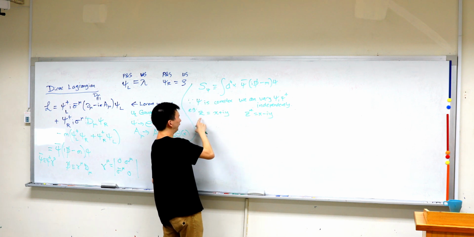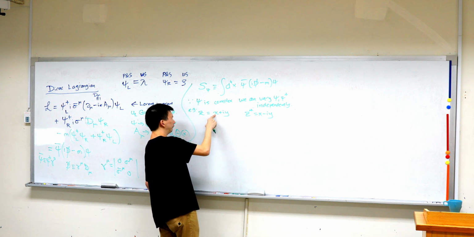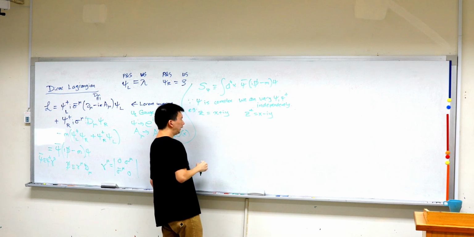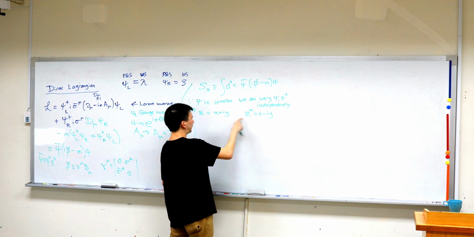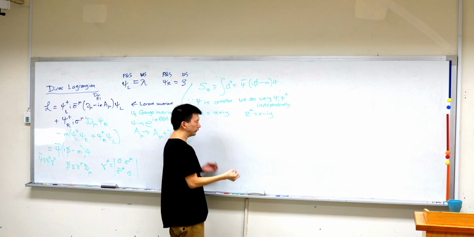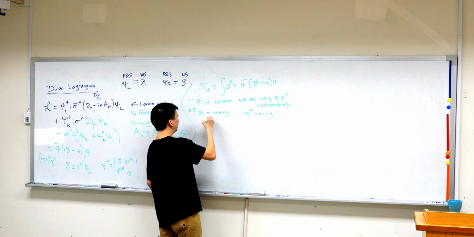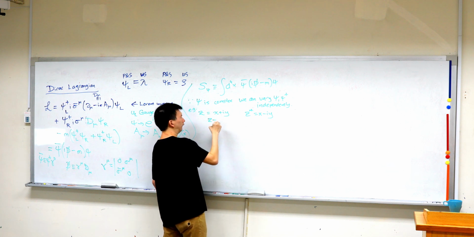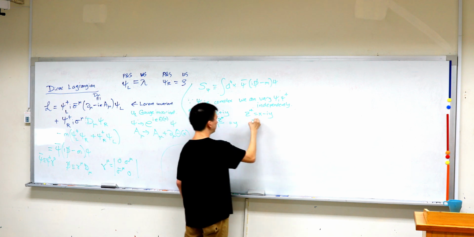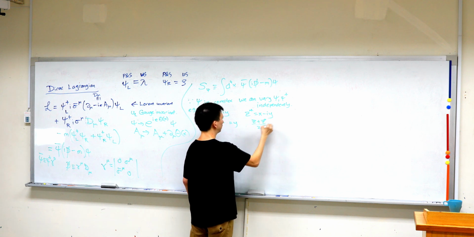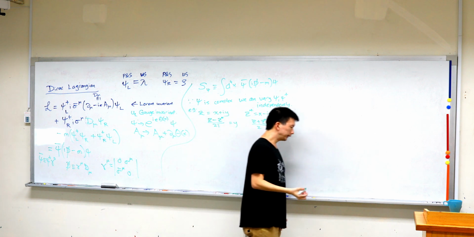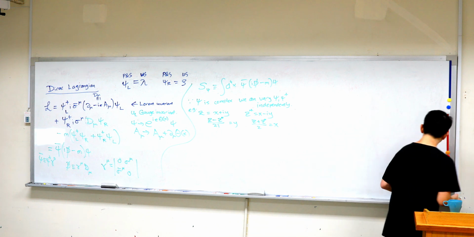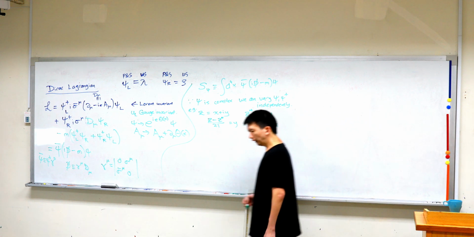So if I want to vary z, I can vary x and y independently, and you wouldn't complain about that. But you see that I can think of z and z star as my two independent variables, because z minus z star over 2i is y, and z plus z star over 2 is x. So I can get x and y independently, and therefore I should be able to view z and z star